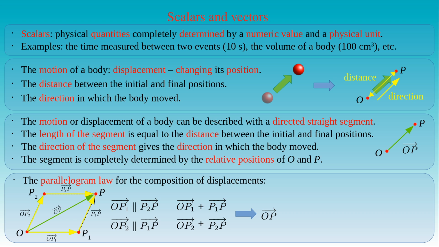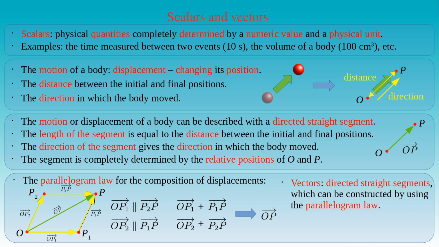The net displacement OP of the two displacements OP1 and OP2 is given by the diagonal OP of a parallelogram constructed from these displacements. Now we can define vectors as such directed straight segments or displacements, which can be constructed by using the parallelogram law. Here the displacement OP is a vector. Furthermore, we can find such displacements which can be used to construct the displacements OP1 and OP2 as well. This shows that OP1 and OP2 are also vectors, and we can conclude that any general spatial displacement is a